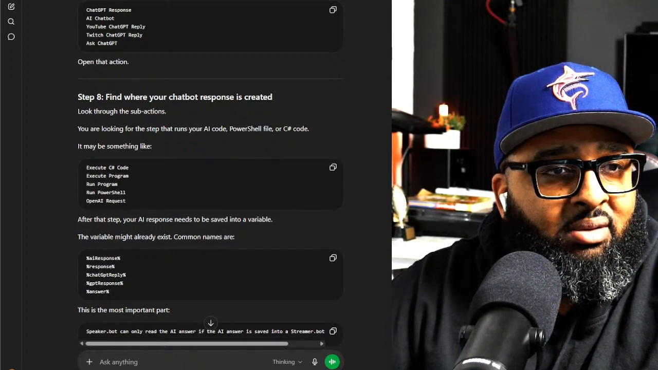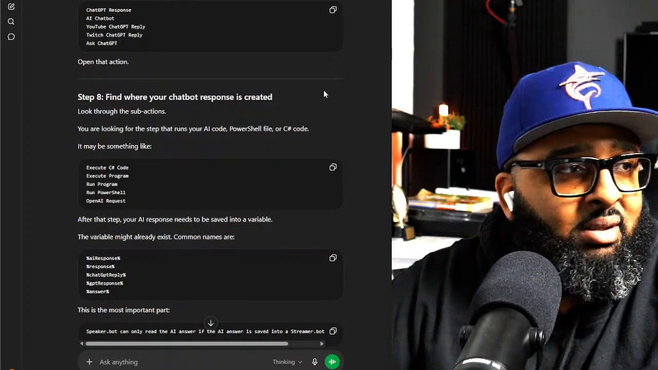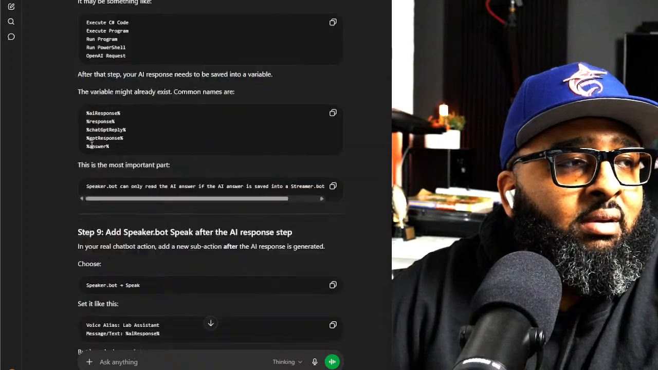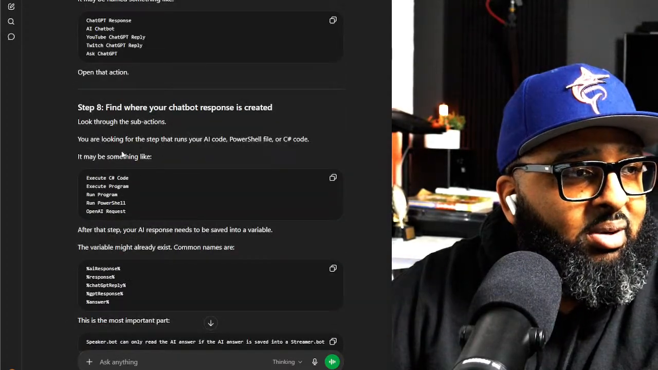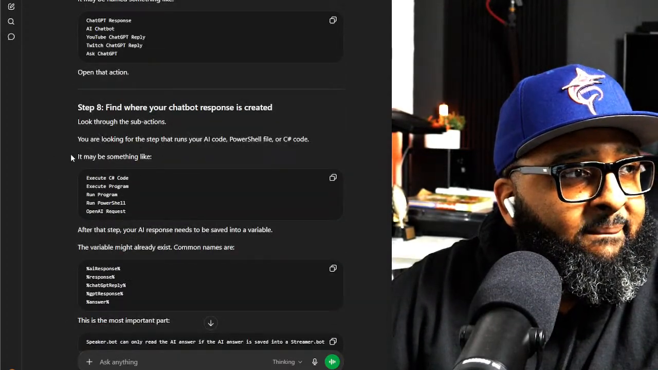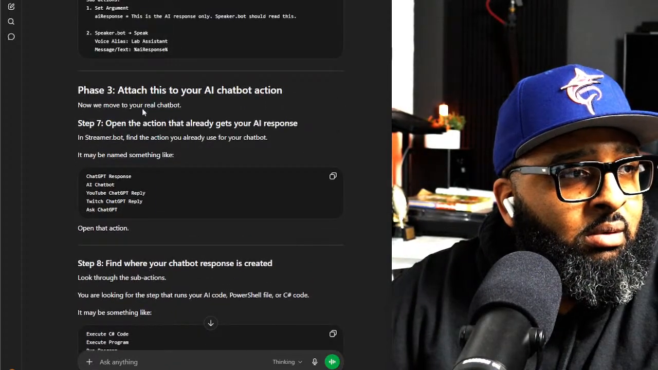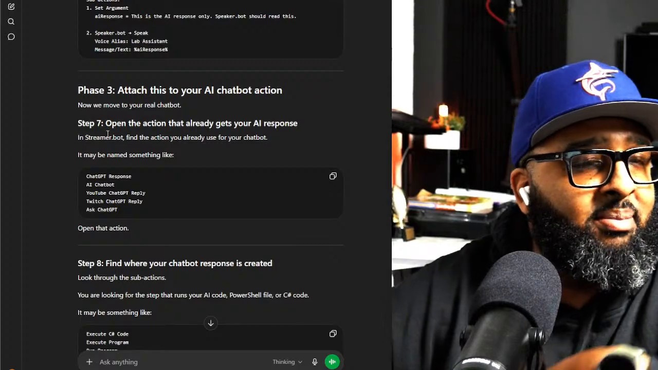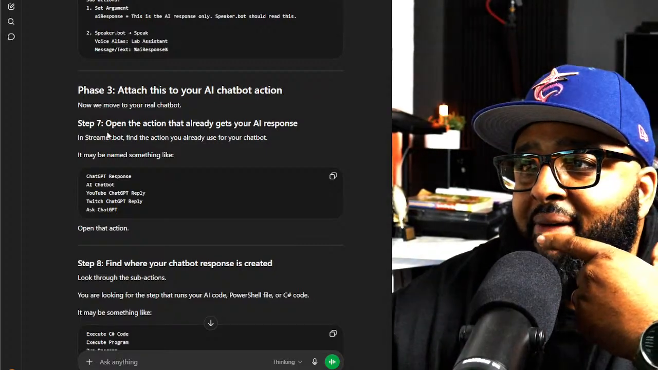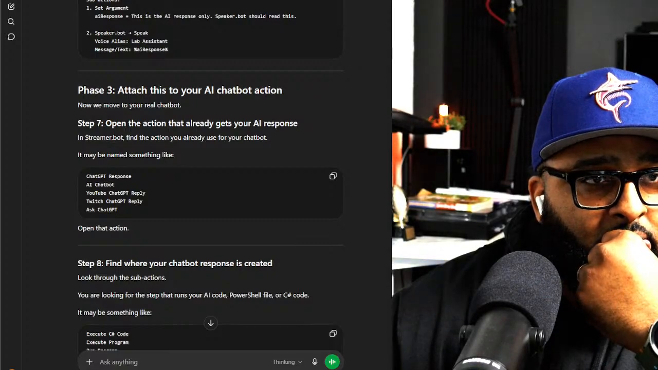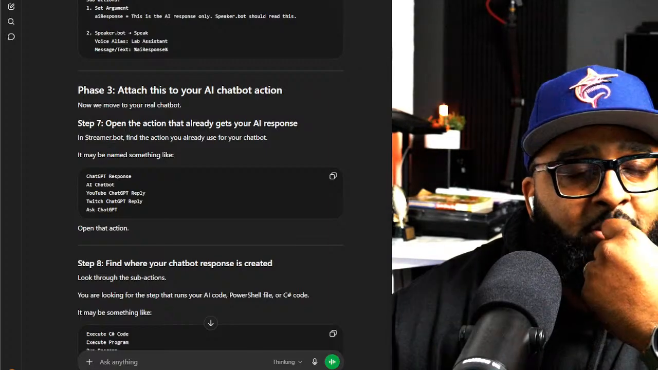Actually, they're saying I don't need this. This is this response. It's supposed to read that as the variable. So then, okay, here's the problem. Attach this to your AI percent chat, AI response percent. When you was voting, it's supposed to be reading this as a